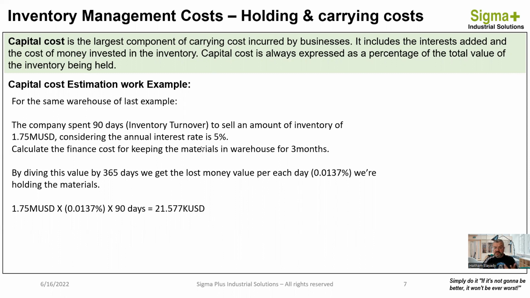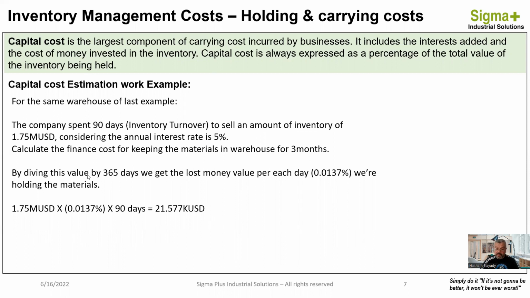So as an example, if we take the same warehouses from the last example, the company spent 90 days to transform the raw material into a finished good or a finished product. And this is what we know as the inventory turnover. To sell an amount of inventory of $1.75 million. So the total value of the materials was $1.75 million. Considering that the annual interest rate is 5%,